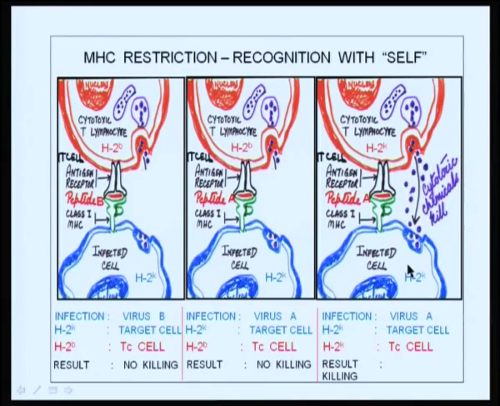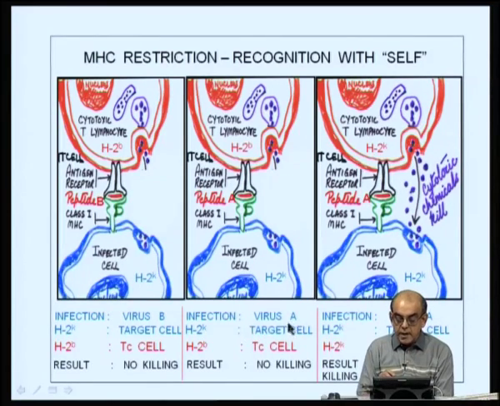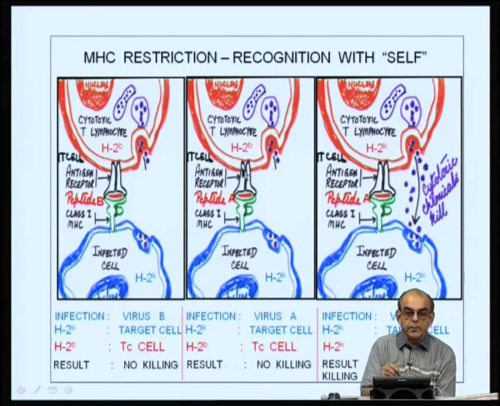Now, on the other hand, going to the middle panel, you see that you have the same virus infecting the cell, but the cell that has got infected is a cell that is different from the one that the cytotoxic T lymphocyte has been generated against. The cytotoxic T lymphocyte bears a different MHC haplotype, and therefore, it considers this target cell as a non-self target cell,